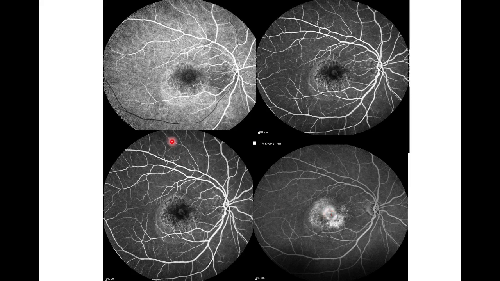Understood? These two are window defect and this is staining. Staining is by the drusen here. And this is from the window defect due to the RPE alteration. This is leakage from the blood vessel. So which blood vessel leaks from the fovea? We should see other findings in the retina.